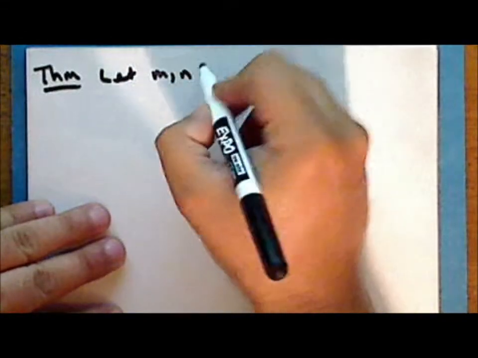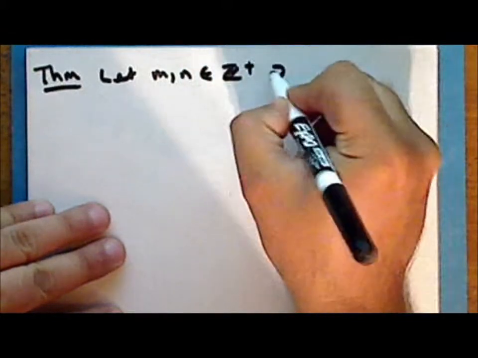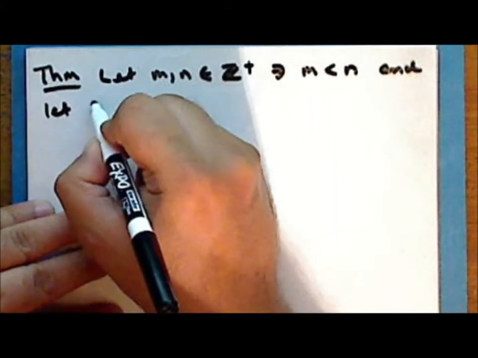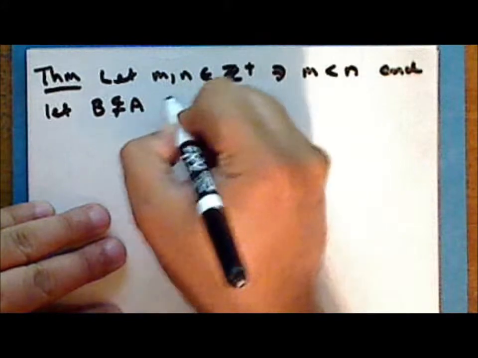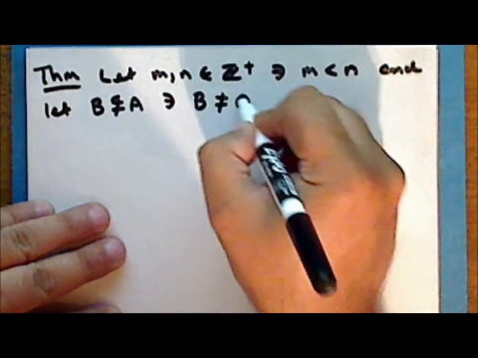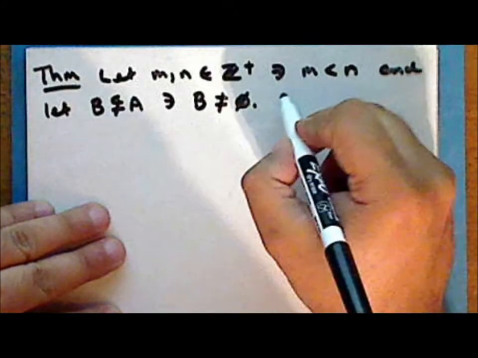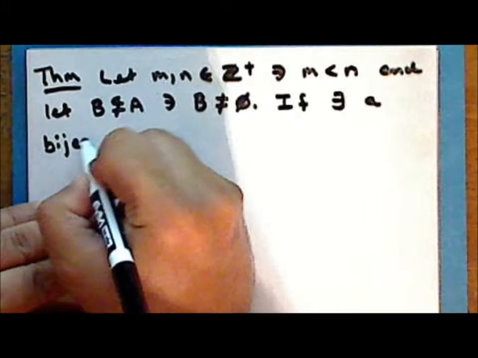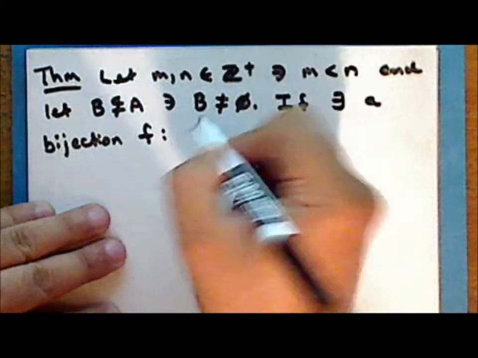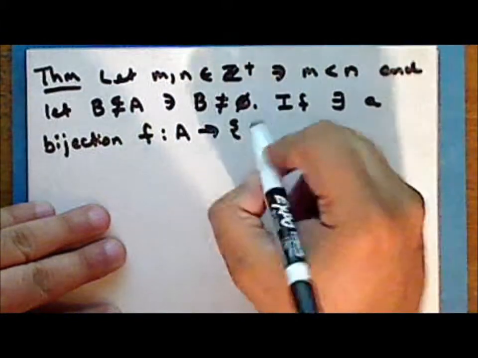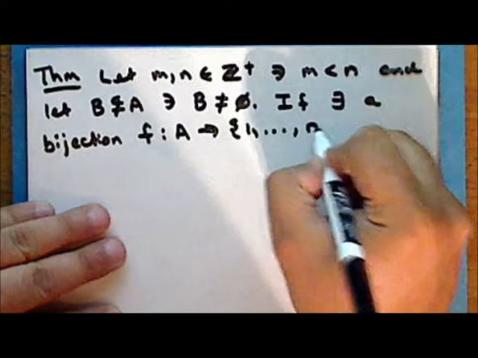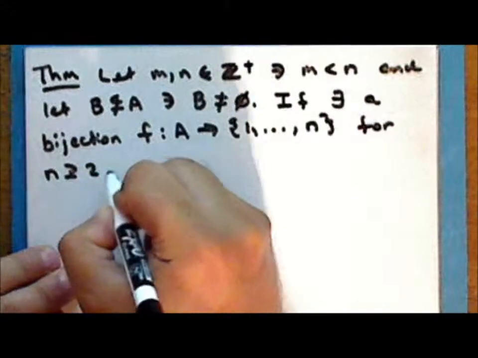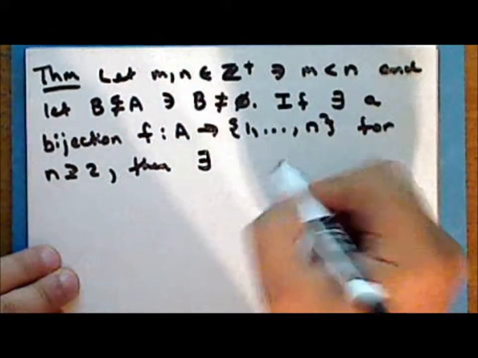Let m and n be positive integers, such that m is less than n, and let B be a proper subset of the set A, such that B is not empty, that is, a non-empty proper subset of the set A. If there exists a bijection, which we will call F, from the set A into a finite subset of consecutive integers from 1 to n for n greater than or equal to 2, then there exists a